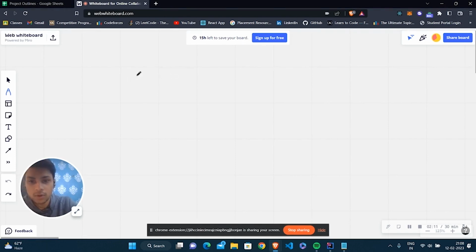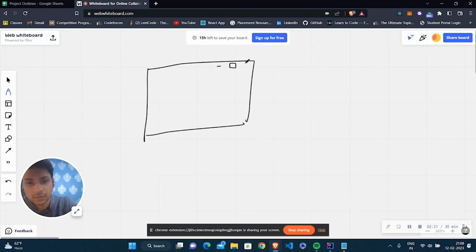Now, what I need is a simple window. You can see, right? I need a window. Inside this window, our application will be created, right? So we will be creating a simple window like this. So we call it a frame. We will be talking about it in the further videos, right? So this will be our simple frame.